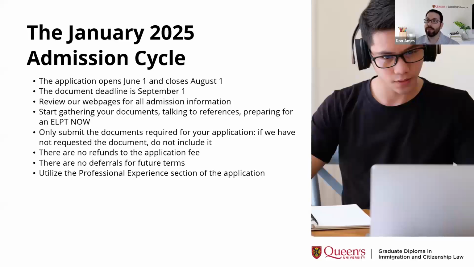You will have the full month of August to provide your documents. So you upload those with your application. You upload them via the application system, or you have them sent on your behalf via the SGS or via your post-secondary institutions directly to the SGSPA office. Review our web pages right now, learn more about the program, start gathering your documents now, scan those documents in really good black and white format, make sure everything is submitted and not blurry.